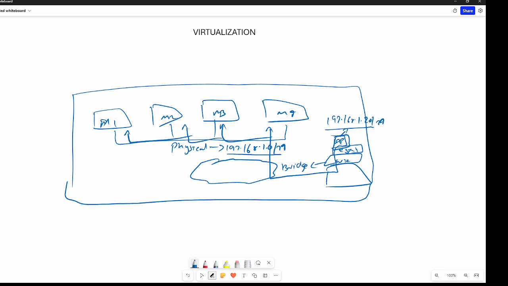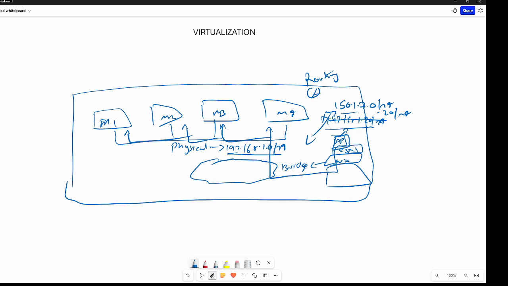Now, if it was a NAT one, it would be under the 150.1.7.0 network. For example, I got 150.1.7.20, but this network is different from that network, so they cannot communicate with each other. So you have to come up with some kind of mechanism, maybe installing a router and then doing routing.